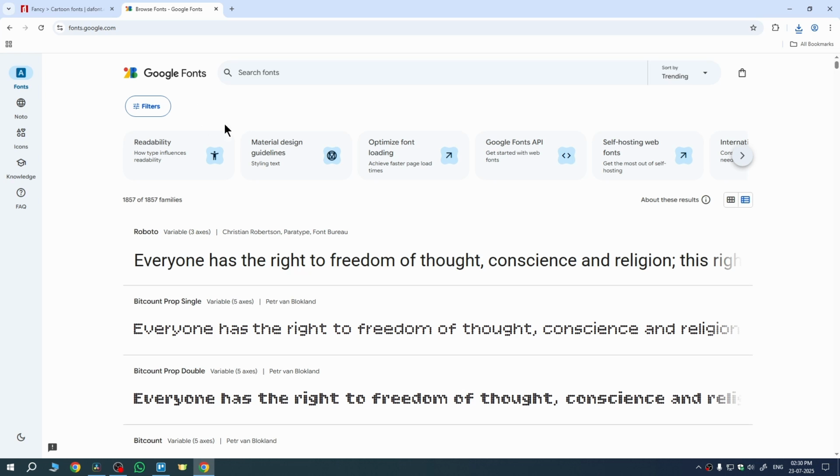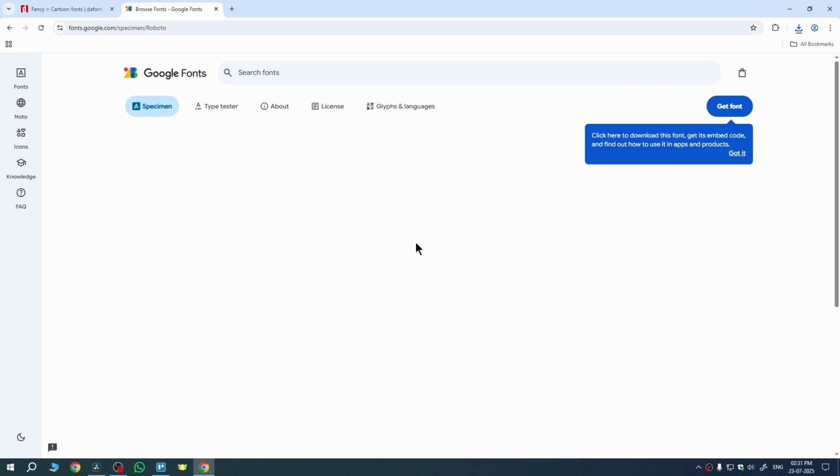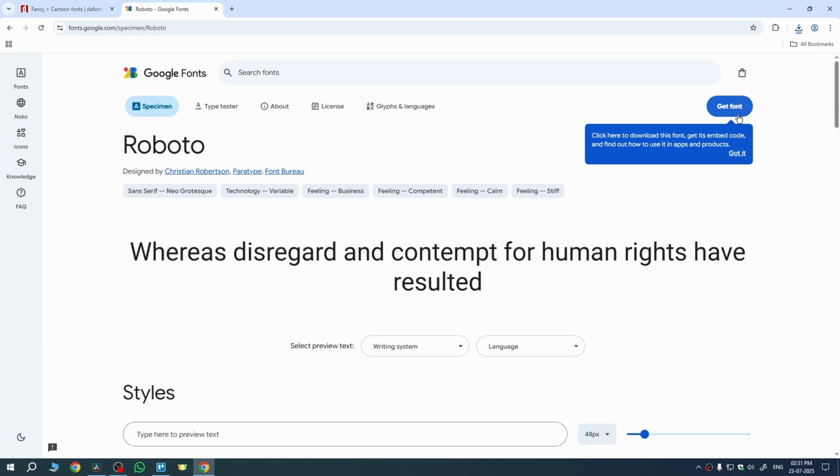Similarly, you can go to Google Fonts and you can search for any font here, and to download that font we need to select the font from here first and then click on get font and it will start downloading that font. And once you download your fonts, go to the downloads folder and this is the font I want